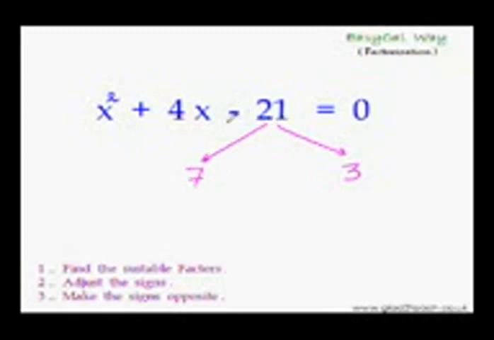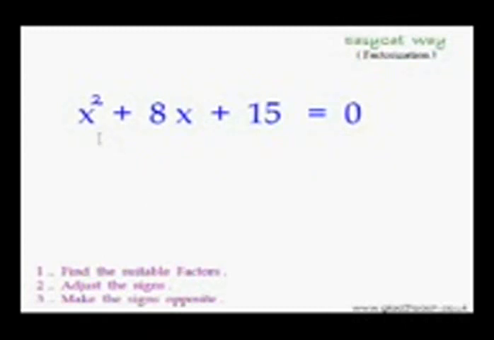And since their product is a negative number, that means one out of these two numbers must be negative. So obviously it has to be 3. And with that we have got the two factors. And once we have the factors, then finding the roots is very easy. All you have to do is make the signs opposite. Since it is positive 7, it will become negative 7. And since it is negative 3, it will become positive 3. That's it. Question solved. So now you have to solve this quadratic equation.